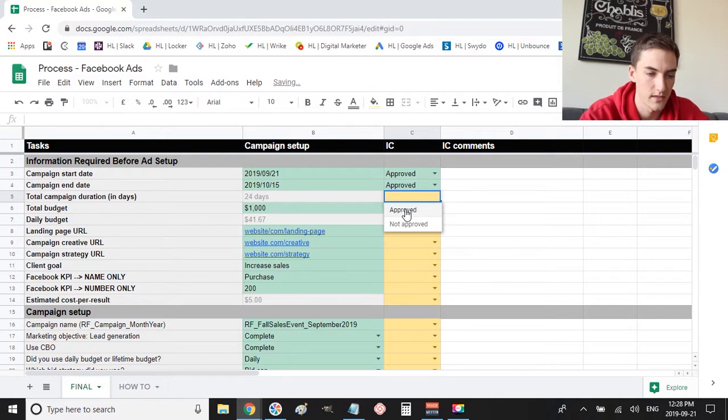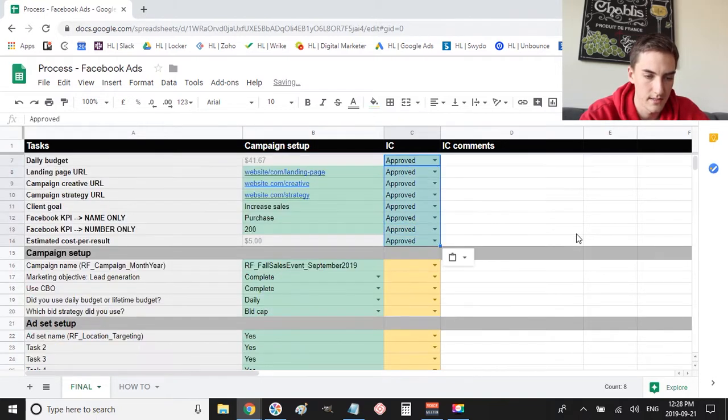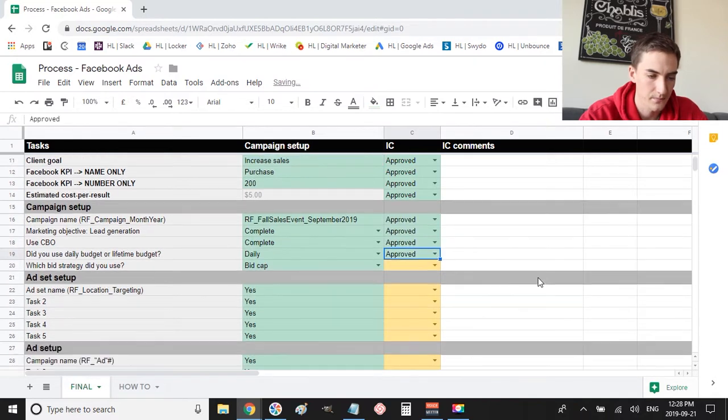So you would just go through this step by step, and then I'm just going to copy and paste this just so that we can move along. And so let's say, for example, we were going through here and we noticed that okay, they are using campaign budget optimization and in this case we're going to approve that, and we noticed that